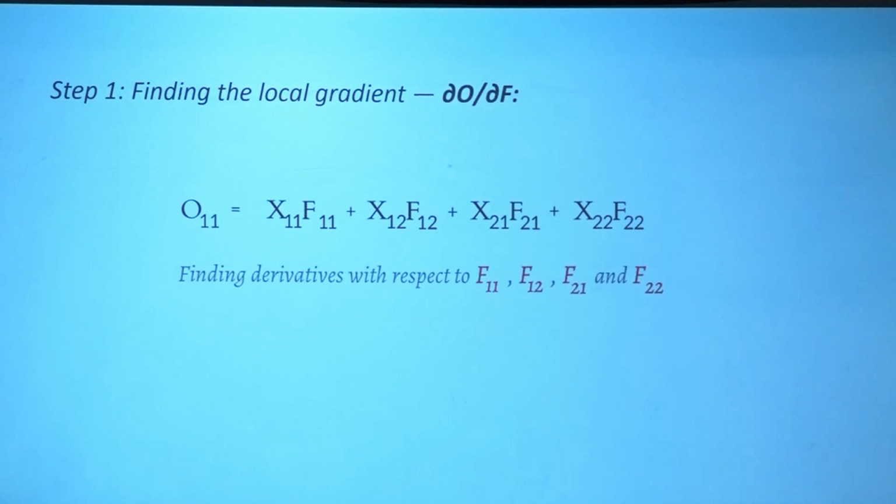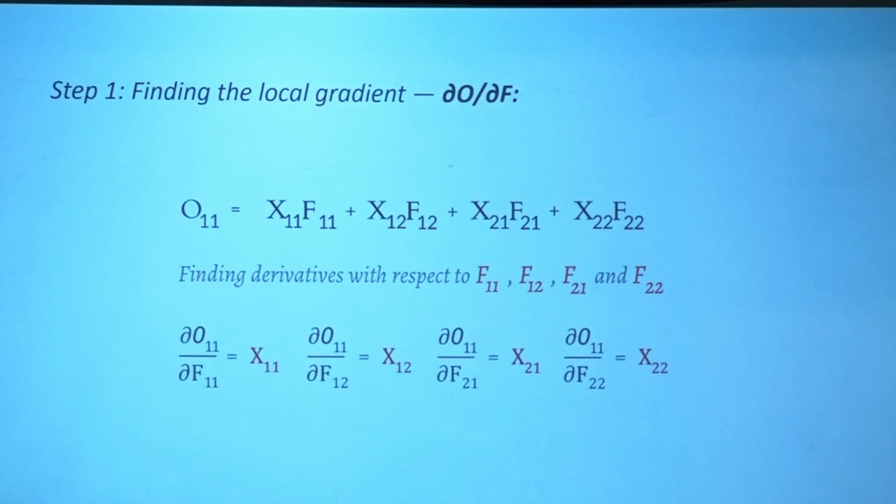If I derive this equation with respect to each of these 4 elements, what would I get? Can you guess? It's a simple thing. Correct. The respective inputs, can I say? Just like a crisscross operation. Simple thing, no doubt here. In the same way, we need to calculate derivatives of the rest of the output elements with respect to these 4 filter values. Right? I am not showing it here.